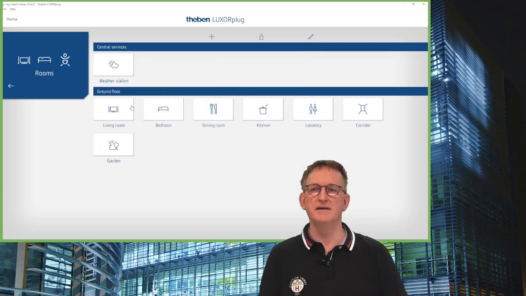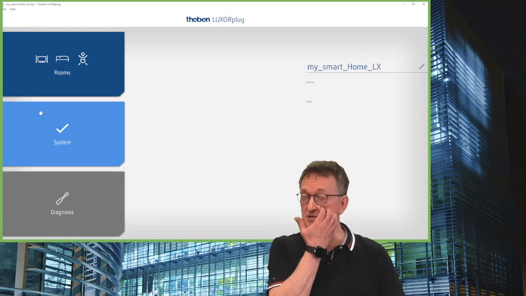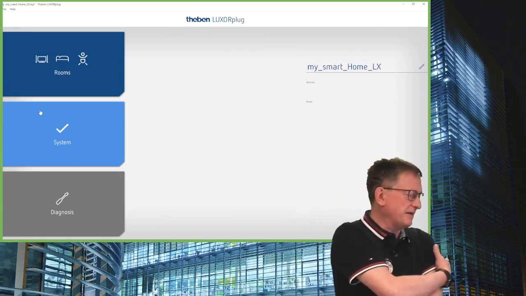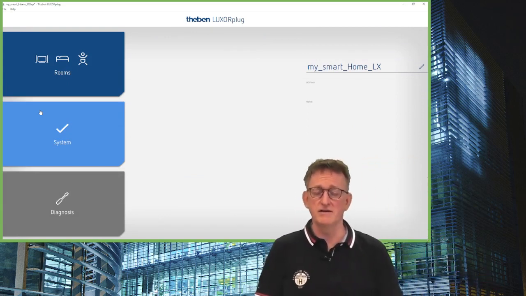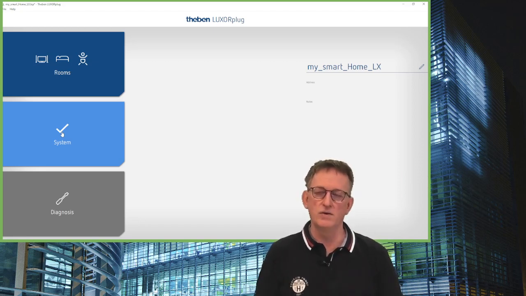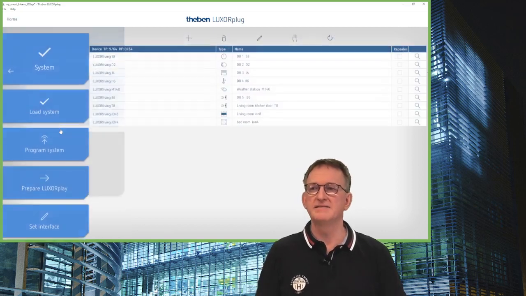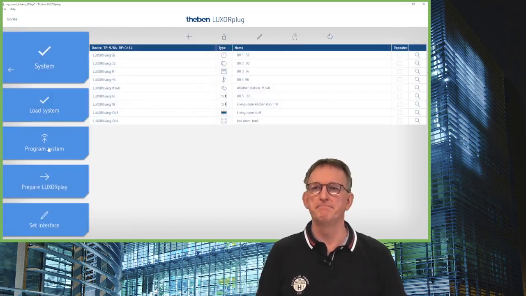I will say OK. Next step is just the programming of the system. I can also do the other rooms right now, but that would cost us too much time. I think I have implemented all the different functions within that one room, and I can start the programming. Therefore, I go to System, Program,